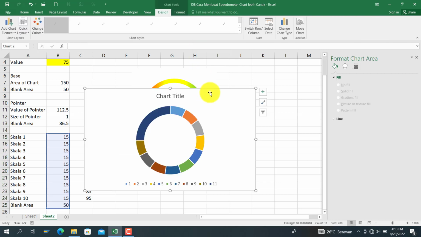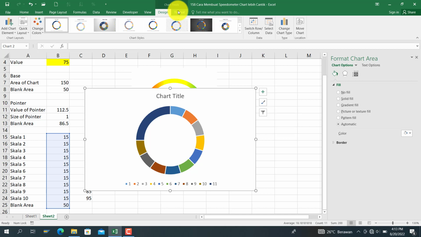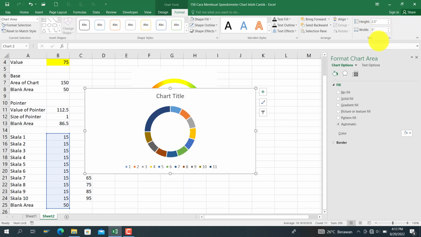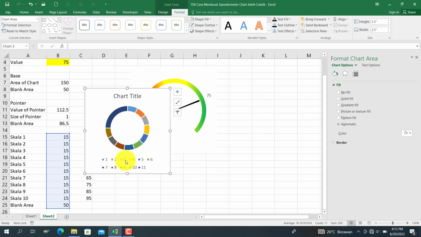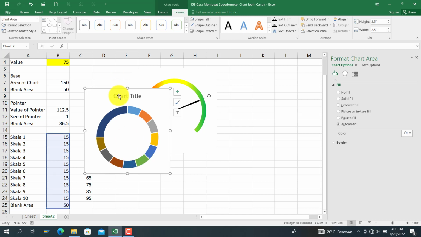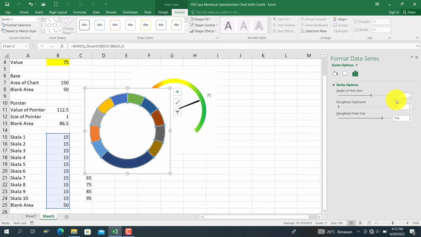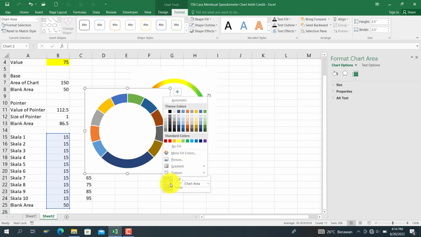We choose the Doughnut chart here and make it same with the height 2.5 inches and the width is 2.5 inches too, and delete the legend here and also delete the chart title here, and it starts from 235 degrees. Format data series and angle of slides change to 225 degrees,